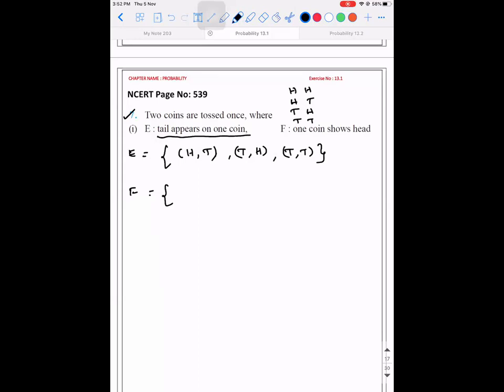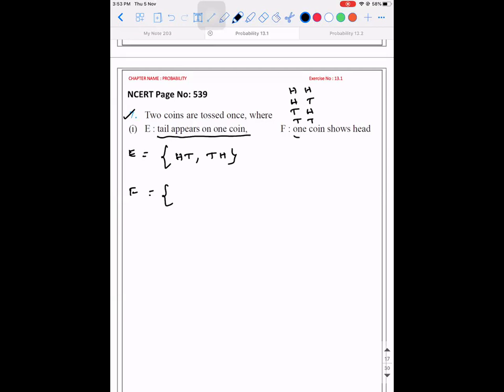Tail appears on one coin. Okay. Then I'm sorry, I should not take this, right? Tail appears in one coin. No, they haven't given only one coin. The question itself here means tail appears on one coin. That's it. So if head appears here, tail should appear here. Tail and head should appear here. It cannot be tail and tail. Okay. Though they didn't mention only on one coin, they didn't mention at least also. So there's a probability, no, sir. We have to take it as one only. We have to take it as only one case.